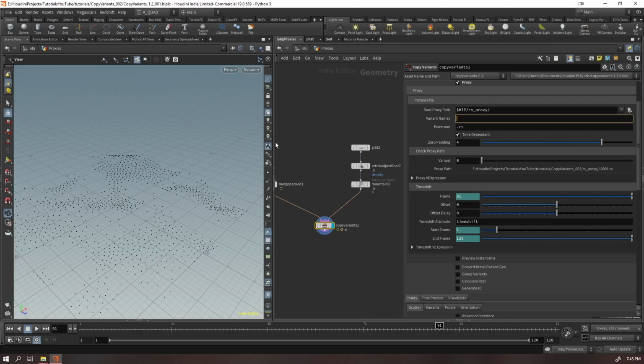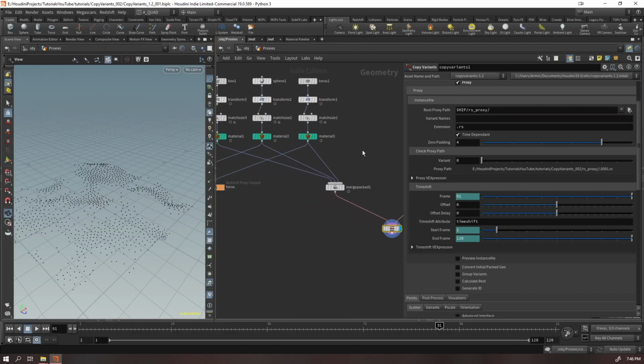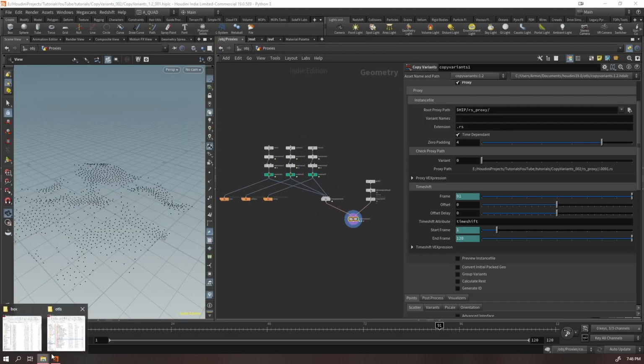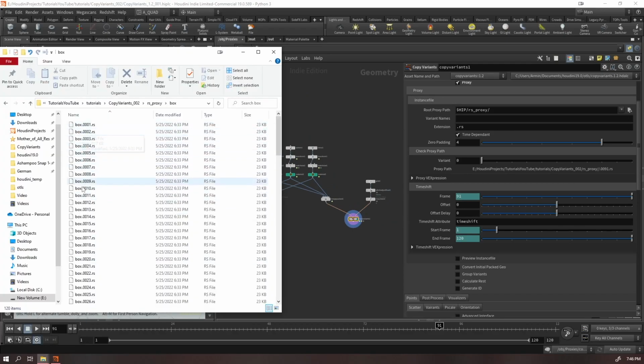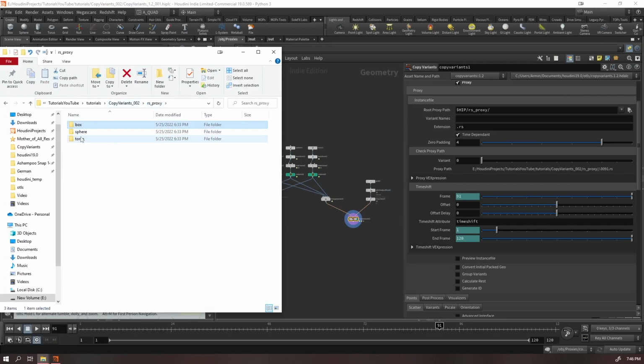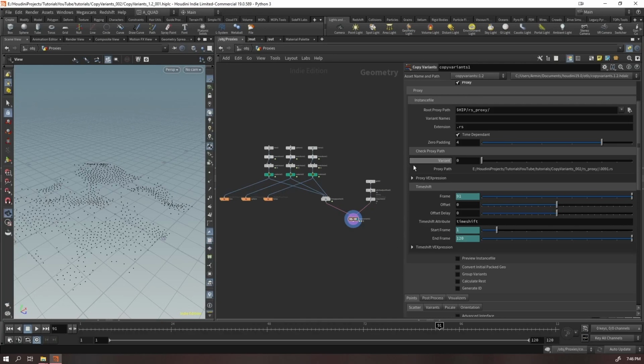So what you need to do is literally naming the folders. We set up a bunch of folders right here. So we have box, sphere, and torus. And this is your help. It shows you what the current path is. This part is empty, so you can see we have 2 slashes in here. The way I'm going to fix it is just write box. Actually, the order matters. So we have box, sphere, and torus. So box, comma,